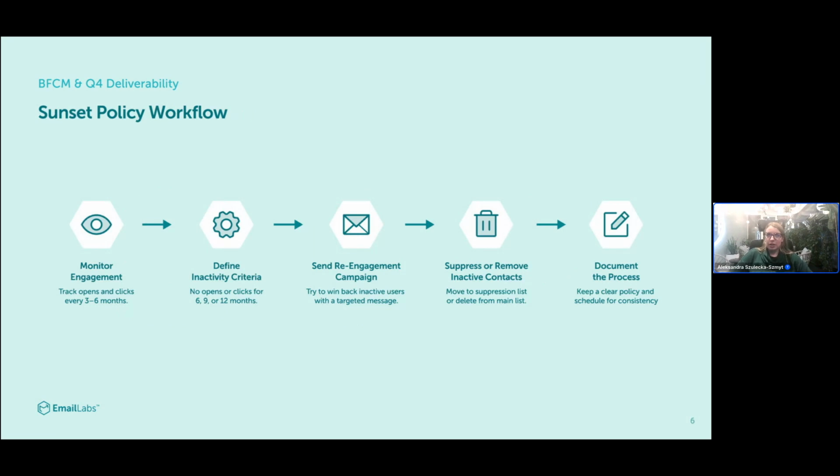If they are not engaging with your emails for a certain amount of time, for example, 6, 9, or 12 months, they're not opening the emails, they're not clicking the emails, we will try to reach them and re-engage them with a specific campaign. It can say, for example, hi, we haven't seen any interaction from you in a long time